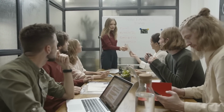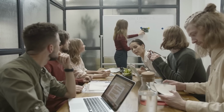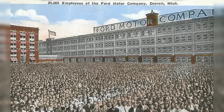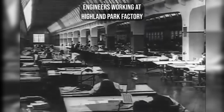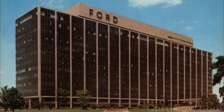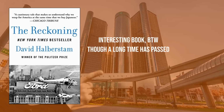Both companies' headquarters are mostly used for management and administrative purposes, with the closest R&D centers and closest manufacturing plants a few miles away. In 1908, however, Ford's headquarters and R&D were both located in Ford's main factory, the Highland Park plant. When Highland Park was superseded by a larger factory, headquarters moved there. Ford separated its headquarters from production and R&D in the early 60s, a great boom period for the American car industry. Give managers a few years in these ivory towers, and we all know how prepared they were for the